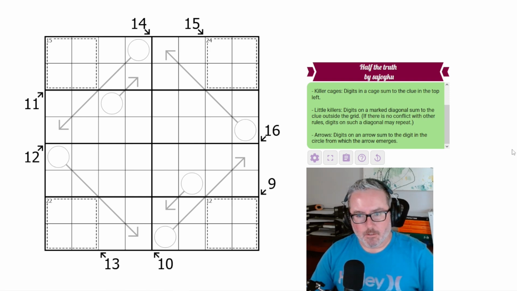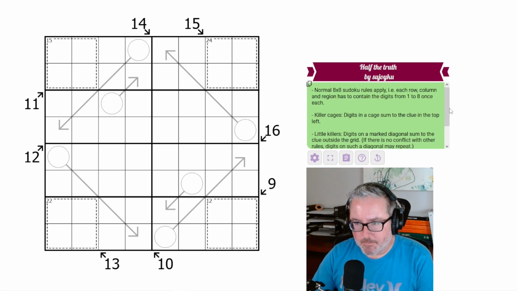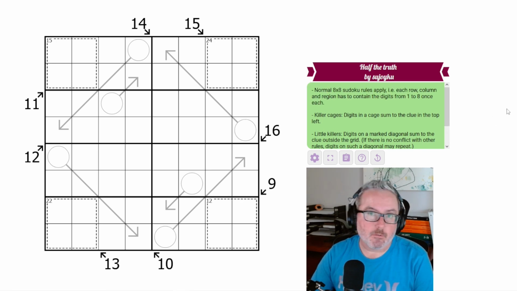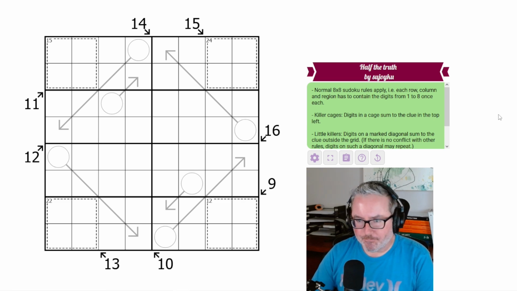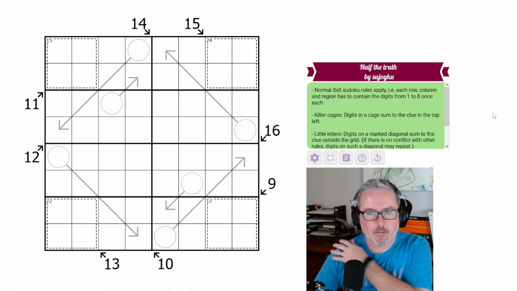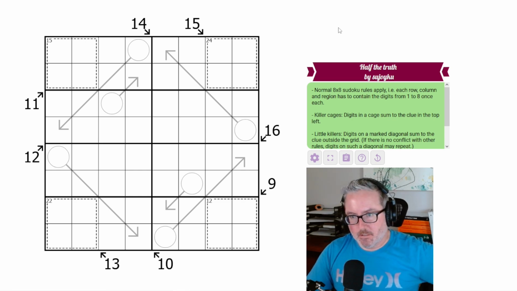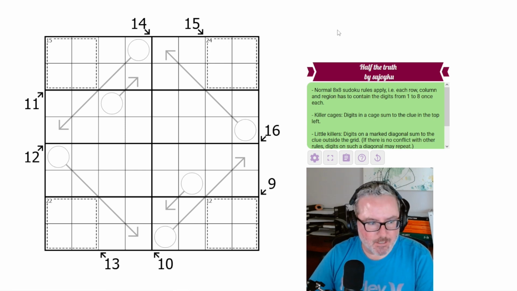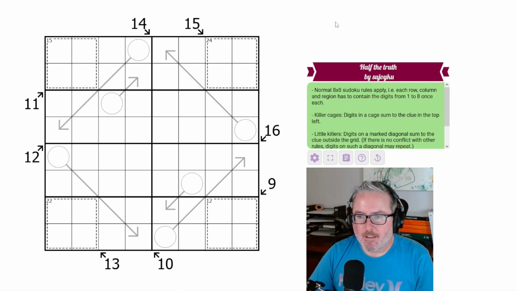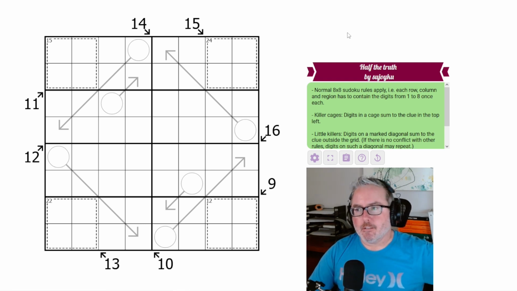Today we have a fun-looking puzzle here, and it is fun. One of the reasons it's probably going to be fun is because it's a bit unusual. If you look at the actual grid here, you'll notice it's an 8 by 8, which is fairly odd, I guess we could say. Normal Sudoku obviously is 9 by 9s, and there's a lot of 6 by 6s out there, and I think some 4 by 4s, mini type puzzles, but 8 by 8s are not things we find very often. So, that said, let's take a look at what's going on here, and hopefully this will be a